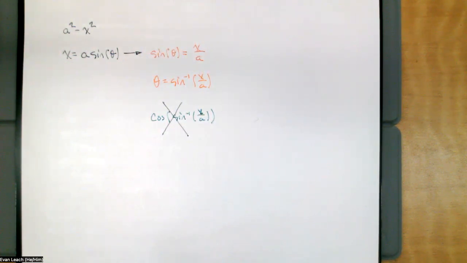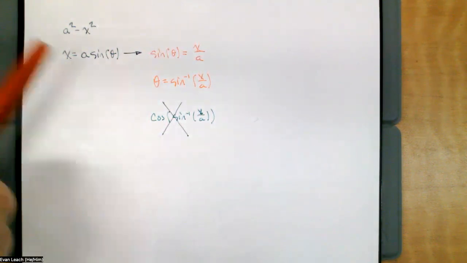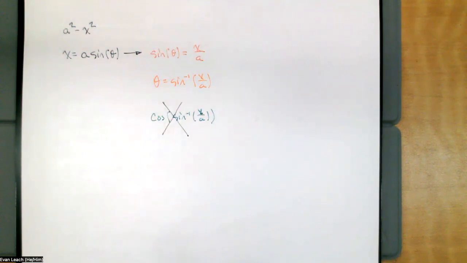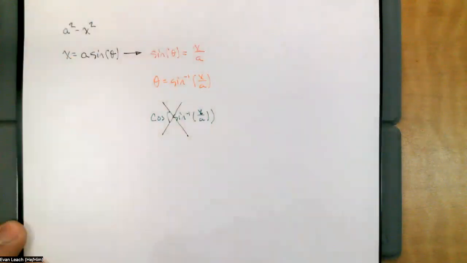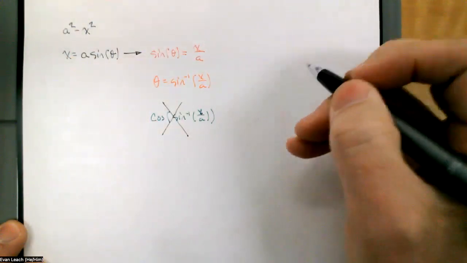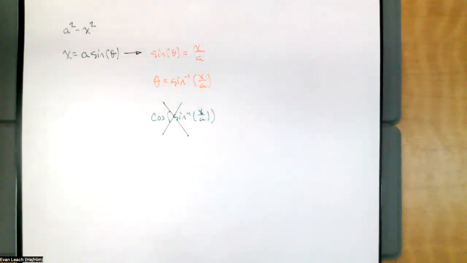Here's what we are going to do. We're going to do this, not because I said so, but because it's cool to do this anyway. Look at this, sine theta is x over a. We're going to use the fact that sine is opposite over hypotenuse. And I'm going to draw a triangle with x as opposite and a as hypotenuse. It's much cooler if you do it this way anyway. So if you want to do it like this, okay, that's fine. Some people will be like, oh yeah, that's fine, just do it that way. But if you want to be cool,